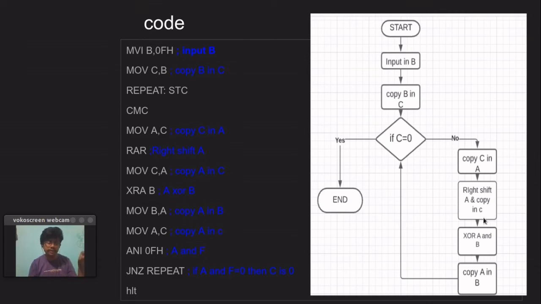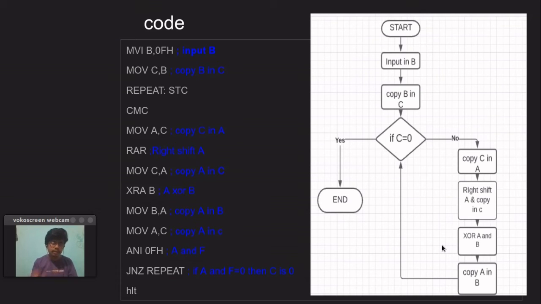Now we take the XOR of A and B. Now we have the resultant in A. Now we get the result in B. Continuing this, getting the shifted number in A, right shifting it and taking the XOR with B and storing it in B, we reach the point when all the 4 bits of C have been right shifted and C becomes 0.